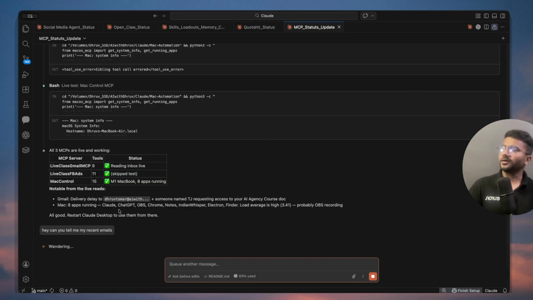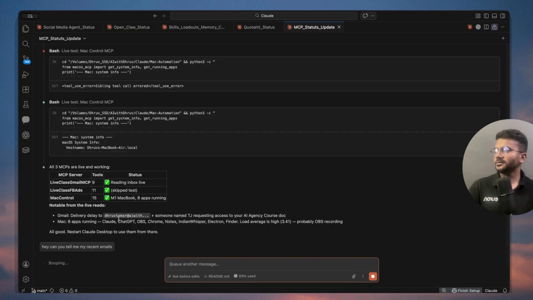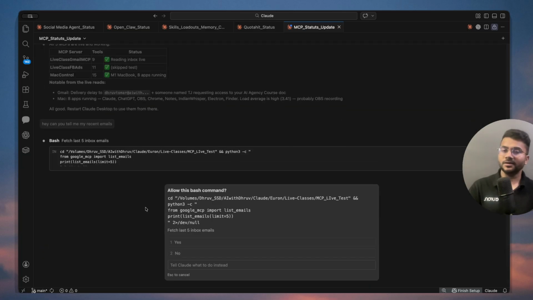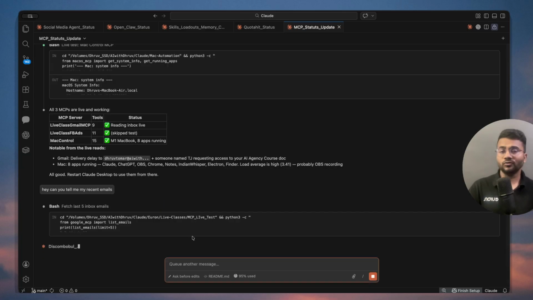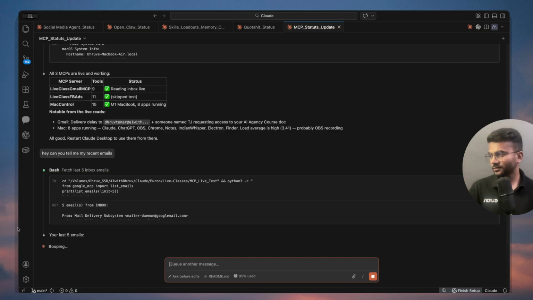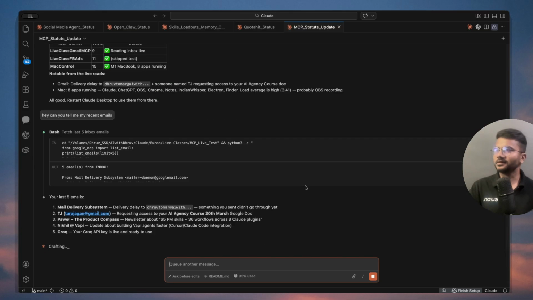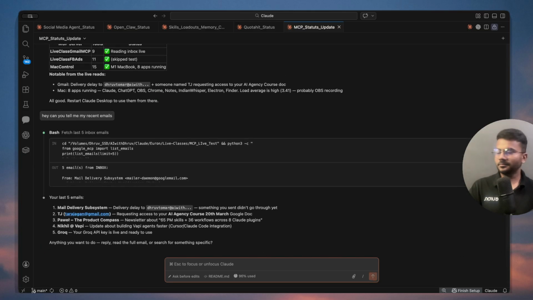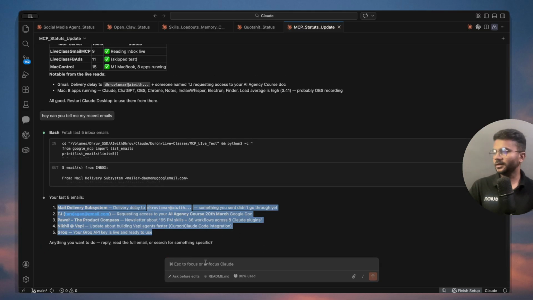You will be able to see. So right now it's working properly. We have all the MCPs I created for my MacBook app. It is just fetching, and I can use this inside Claude desktop. You can see,